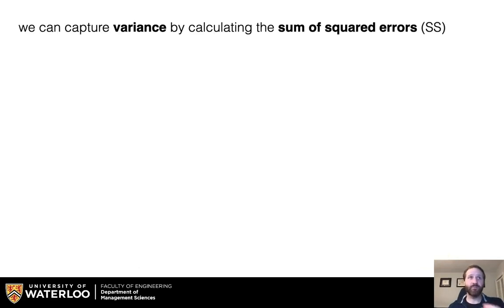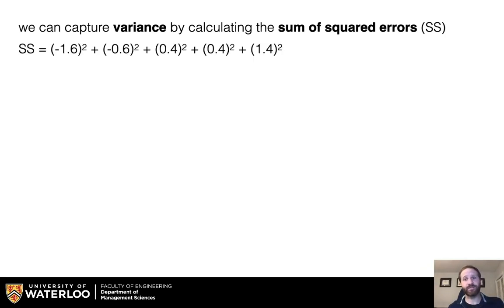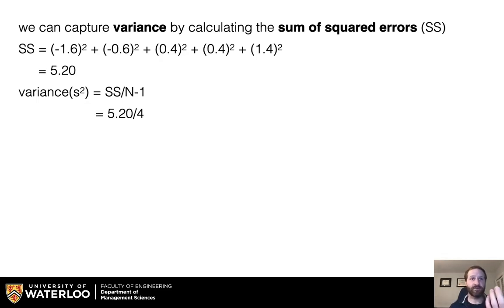So instead, we can capture variance by calculating the sum of squared errors. Sum of squared errors would be the squares of the deviances that we found last time. And we arrive at 5.2. The variance is the sum of squares divided by n minus 1. In this case, we have n equals 5, so n minus 1 is 4, so we have a variance of